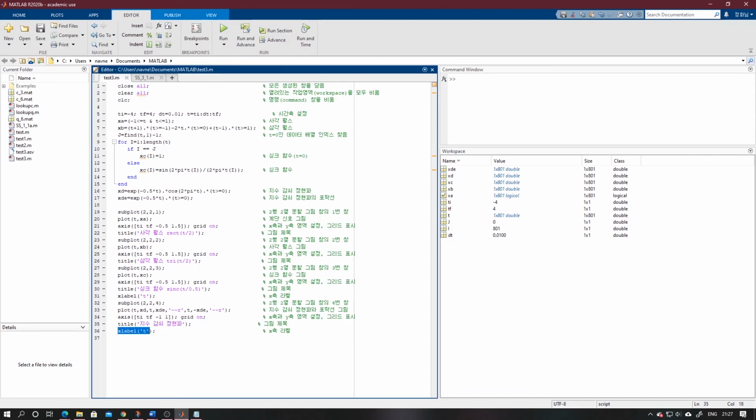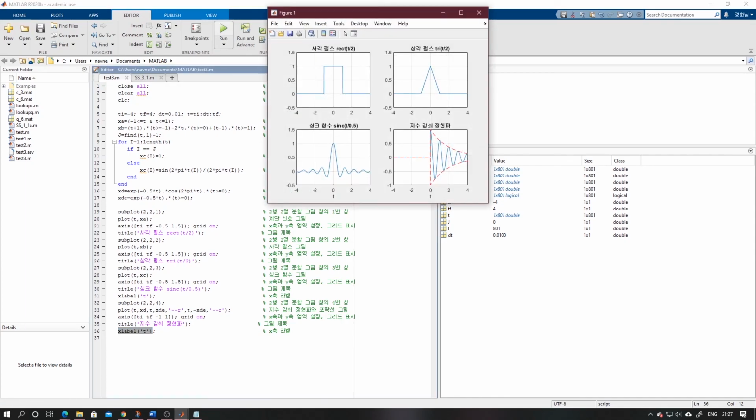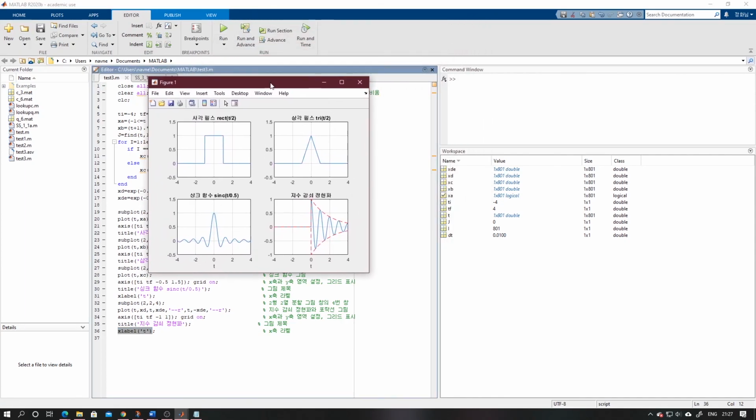And here again we specify both the axes of the graph, and provide the title for that, and again provide the label for it. Let's run it and see what the output is.